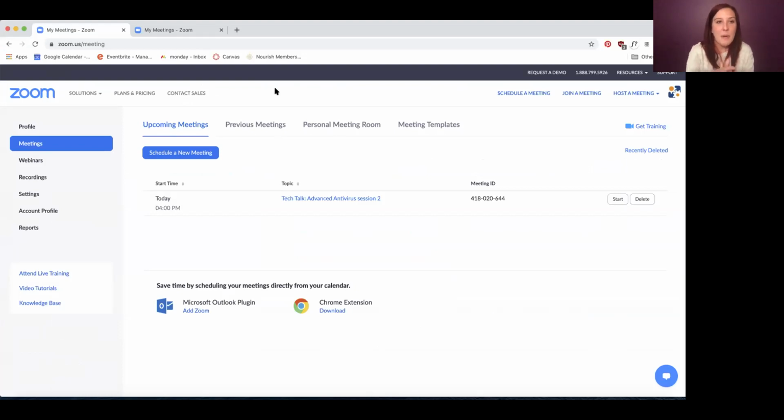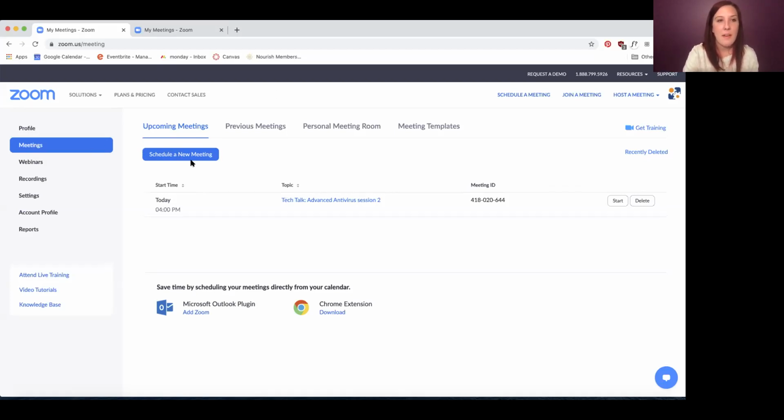Alrighty, so let's talk about scheduling a meeting within the web portal, because it's very similar. It's just now you have to go to a website instead of having that on your desktop app. I apologize that that wasn't something you were able to see live. I thought that it was, but I'm going to demo some other stuff via screenshots in a little bit anyway, so you'll still see those features. So, all right, here's how you set up a meeting online.